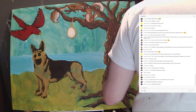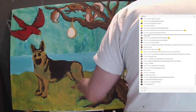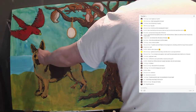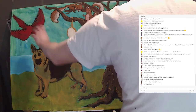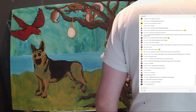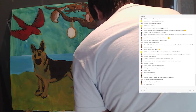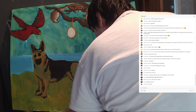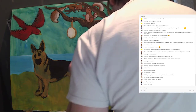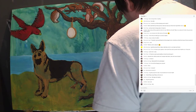And we're doing crabs, aren't we? I'm going to put in some... The dog's a bit Banksy. Yeah, it is now, just because it's basically two colours. It's like dark brown and light brown, but it's going to have detail added. I'm going to put the crabs in anyway. Basically I'm just going to put in a few little crabby shapes on the sand,